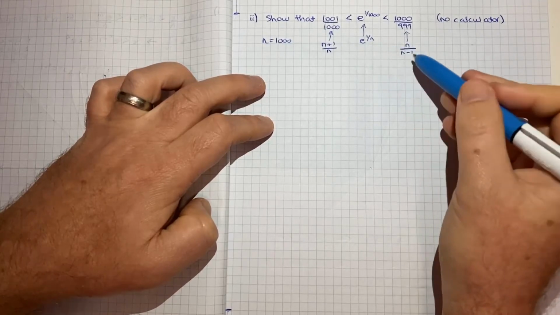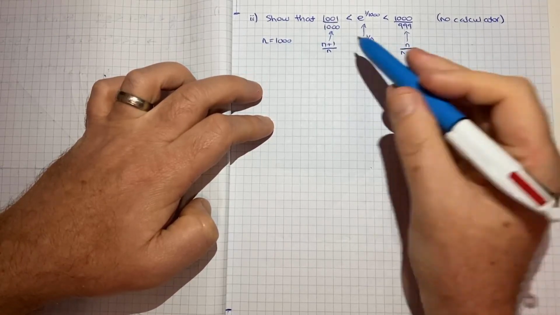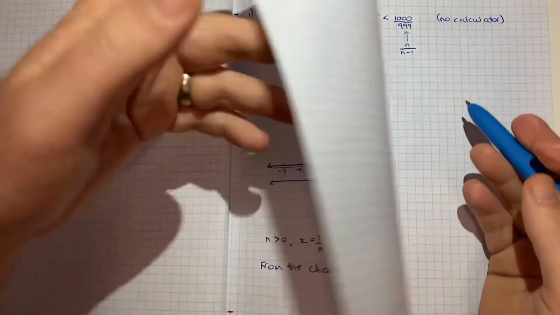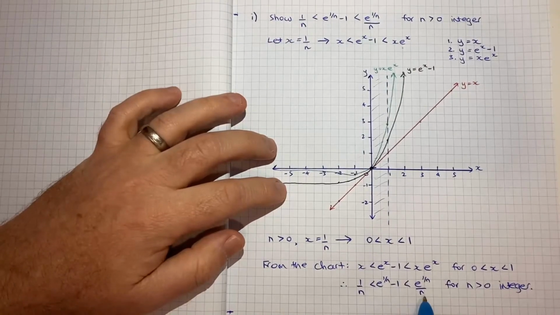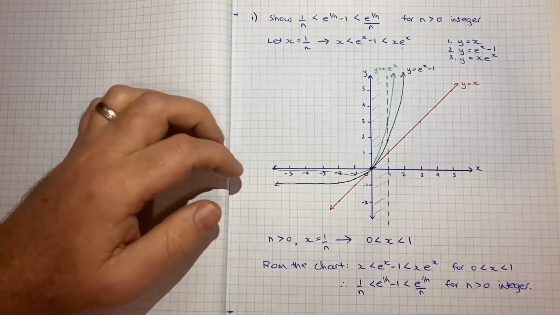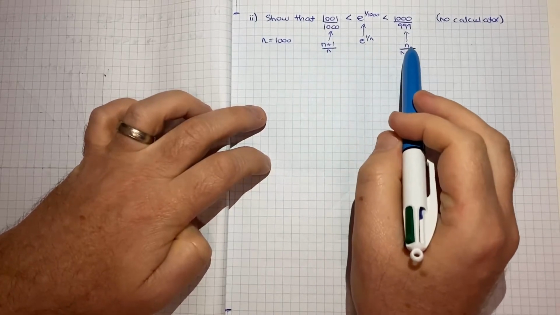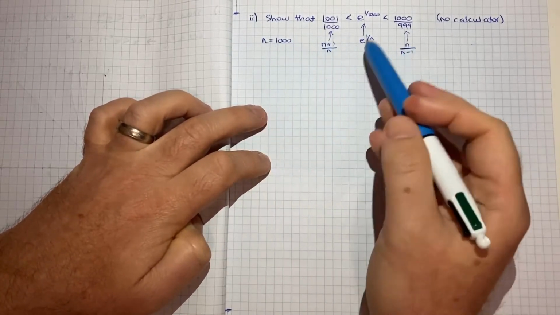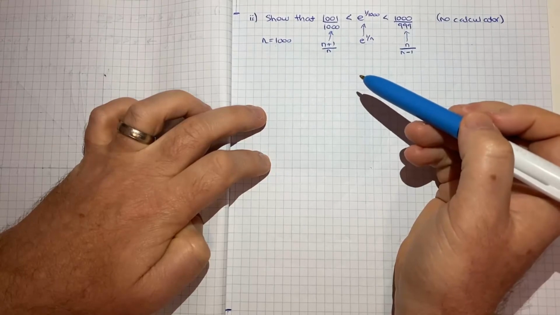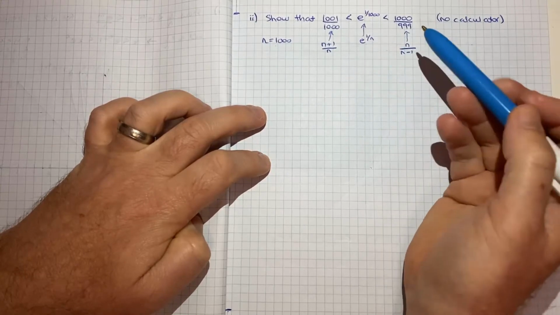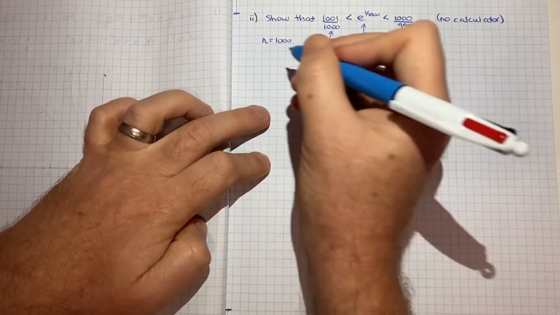So really what I want to do is get my result, my inequality from part 1, and see if I can rearrange that to get it into this format, so that then when I substitute n is equal to 1000, I've got my result. So let's start with the result we got before, which was, let me just check,